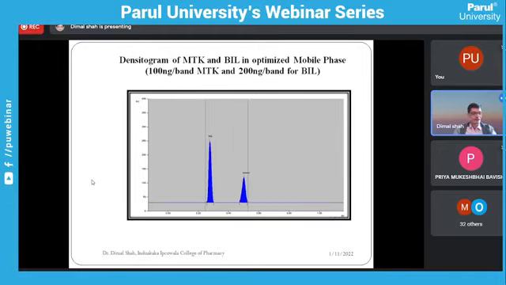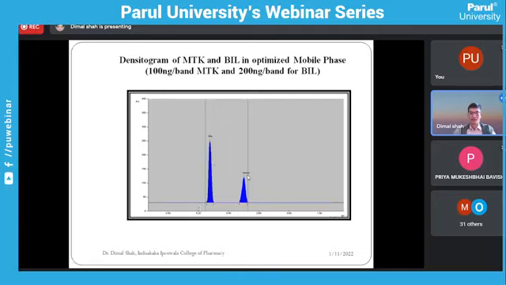This is another combination drug, montelukast and bilastine, where the separation has been achieved with more than 0.2 Rf value, and their degradations were also carried out. See, when a single drug is there, performing a stability study is easier, but performing stability studies for a combination is somewhat difficult because a degradation product for both compounds will get formed, and we have to separate our drug peak from the degradation peaks of both compounds. For that, it is necessary to have an Rf value above 0.2 for both drugs. Otherwise, the compound which cannot be separated will merge with your